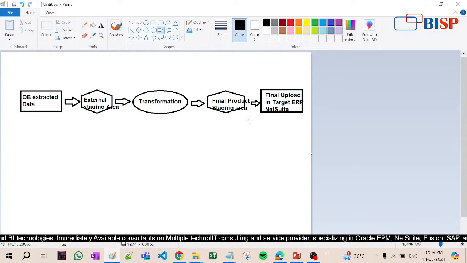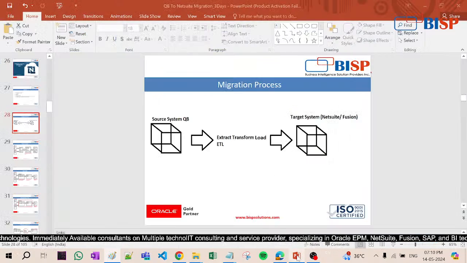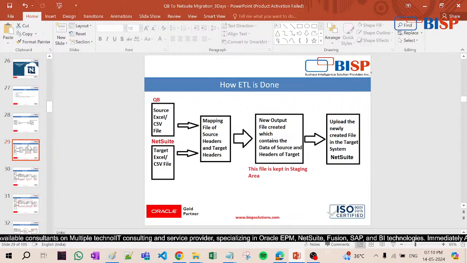So this is the complete process that we are going to do. Now let's see some more theory part, then we will move to practical part. This is the QB source as Excel sheet. This is NetSuite. Now mapping file: source headers and target, because we have to have the Excel sheet of target also, because we need the headers. We need headers, so that is why we need that file also, and then we will map all the